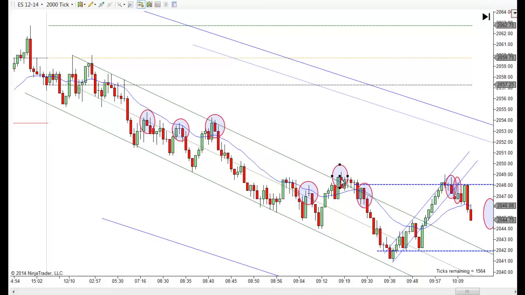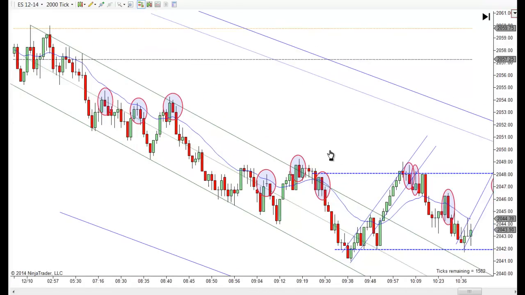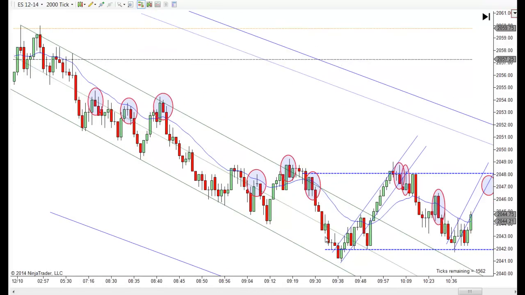And this was the better entry, but you might have gotten shaken out of it. If you didn't enter there, I don't think you want to enter across here. You got to wait till here. And you're looking for a new low, and off it goes, and it makes its new low. And then you start trending up.